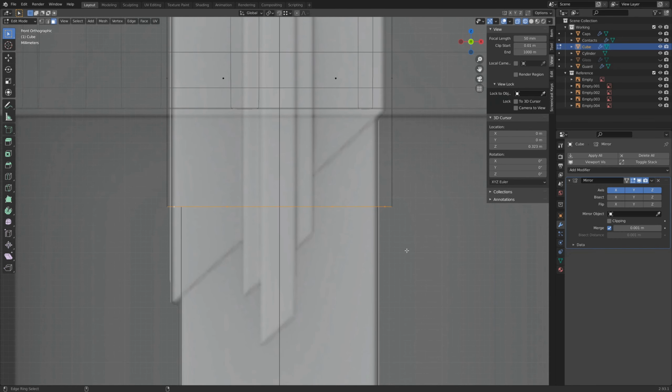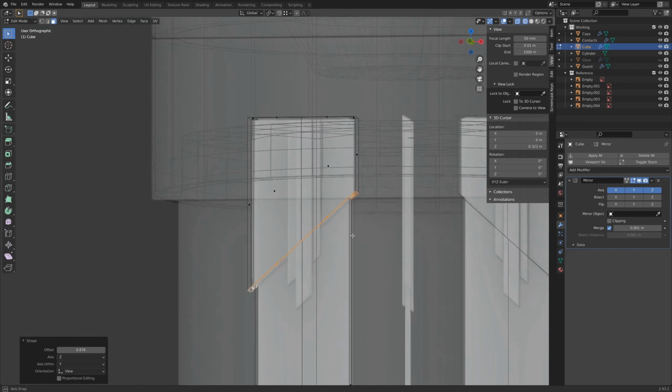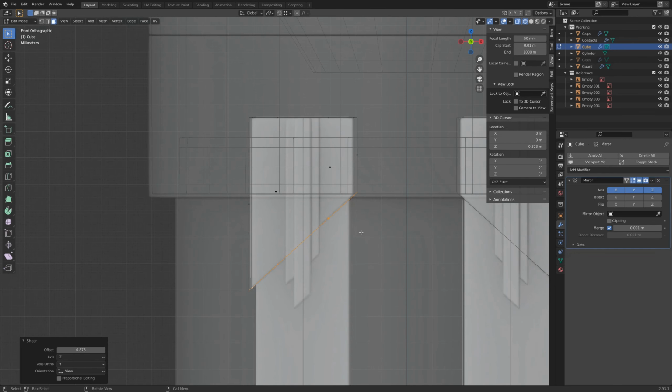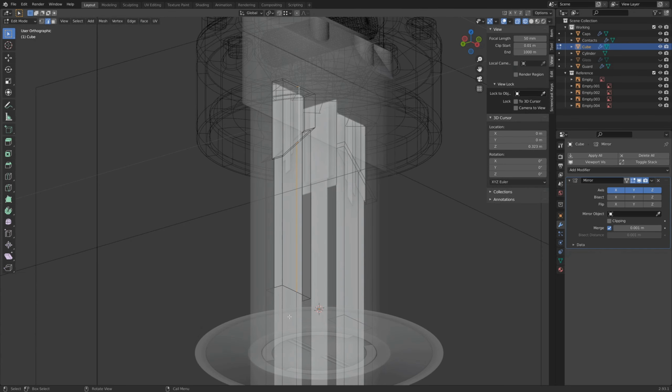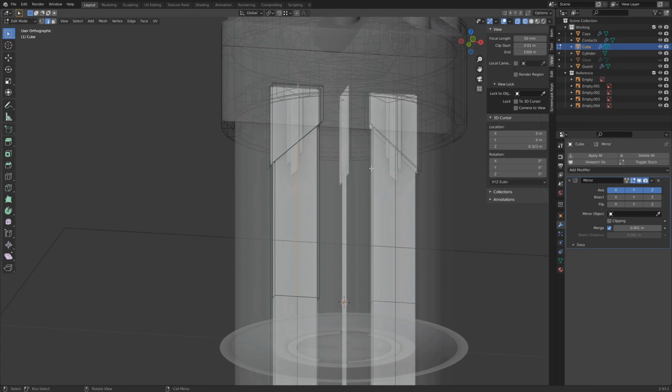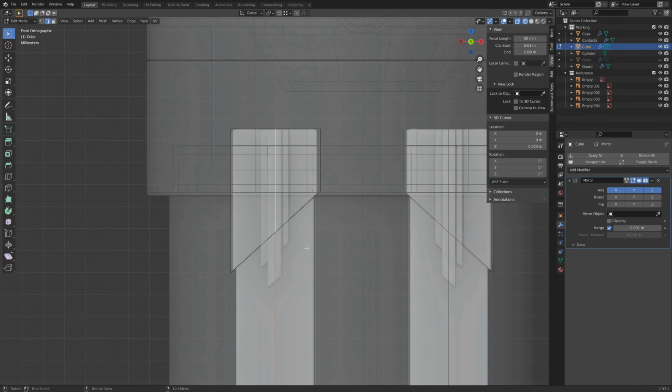and Control-Shift-Alt-S is a new one, that is shear. Right now it's not doing anything. Hit Y, and that will shear on the Y axis according to your viewport. Y is up and down, X is left and right. Now we have that shape that we were going for. Let's select the middle edge loop the whole way around, and you'll see it's just this front portion since we have mirroring on. And we will Control B to bevel that,